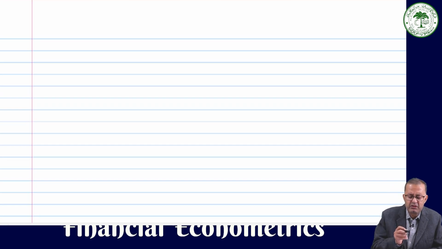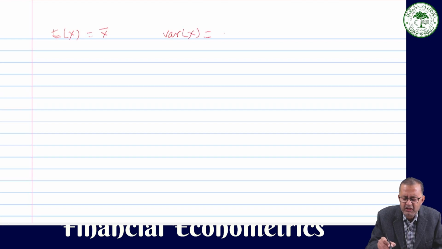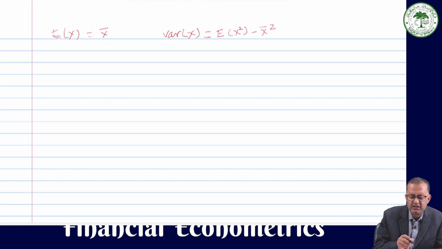We had talked about the expected value of x, which was equal to x bar. We had talked about the variance of x, which was equal to the expected value of (x minus x bar) whole square. So similarly, we can talk about